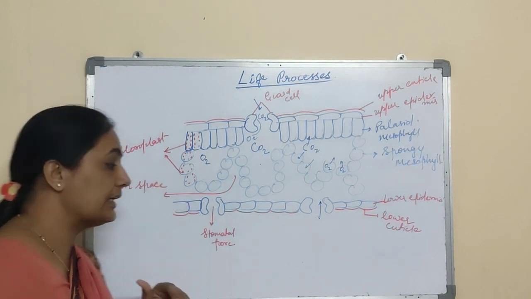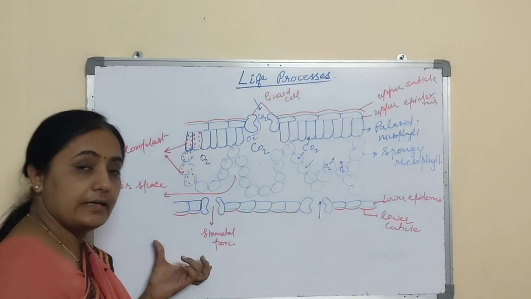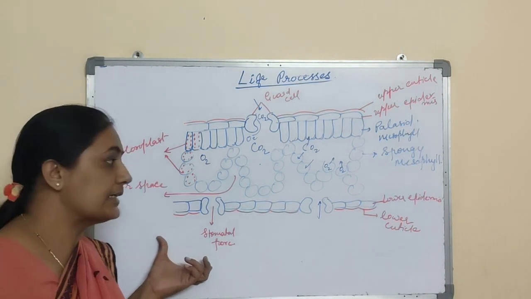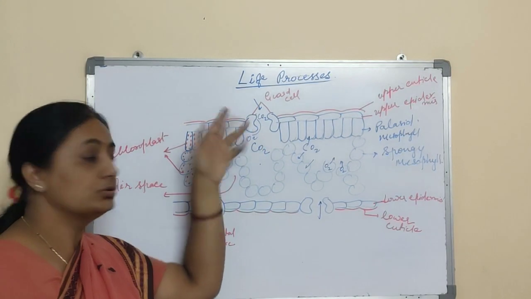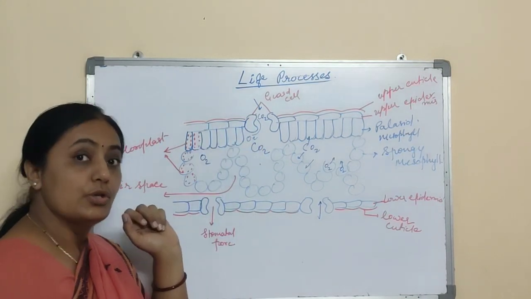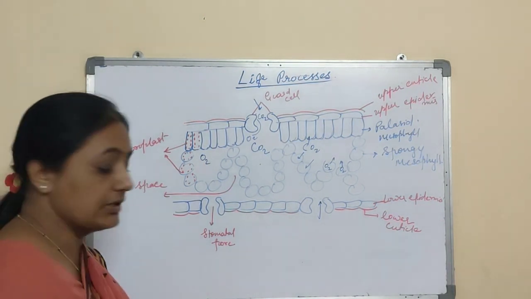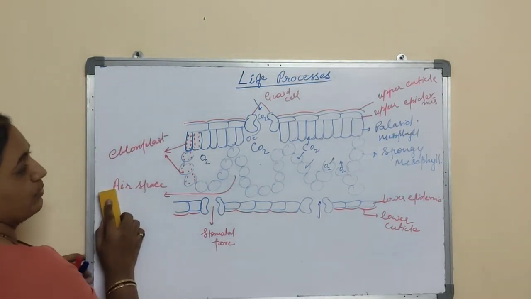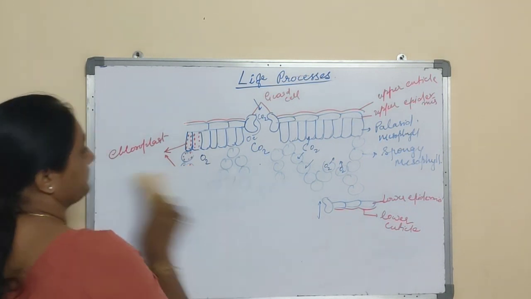Another role of stomata is that they help in the process of transpiration. That is, an excess amount of water accumulates inside the leaf. By the time, this water has to come out through the stomatal pore only. So stomata are useful for two functions. There are two significant or important roles of stomata. After this we will see the structure of stomata.